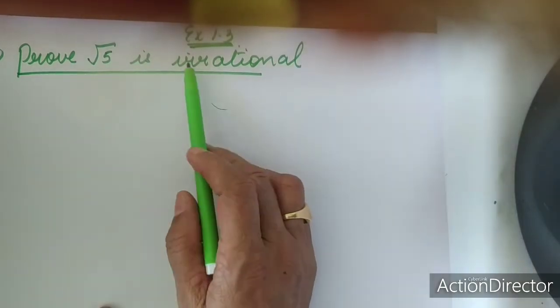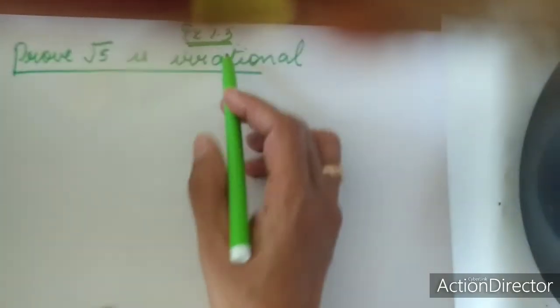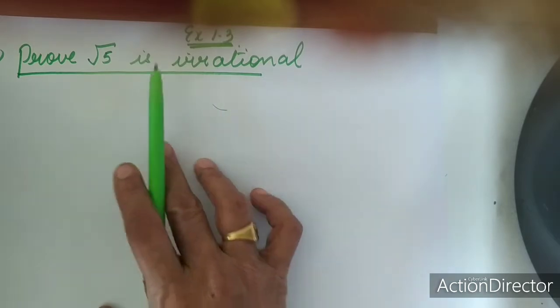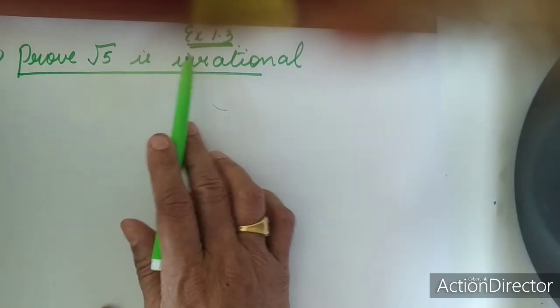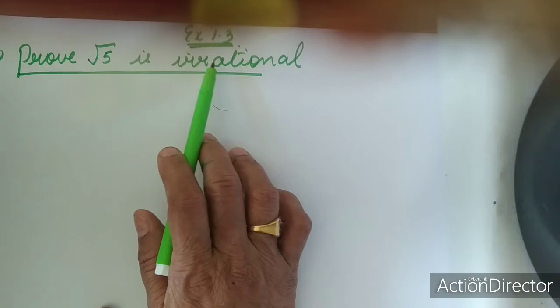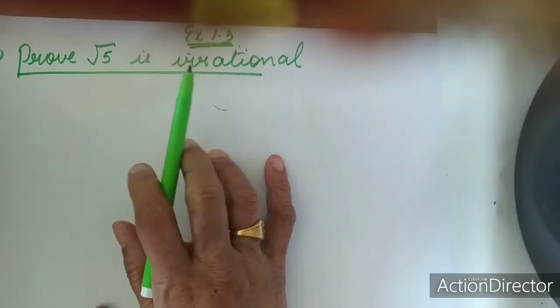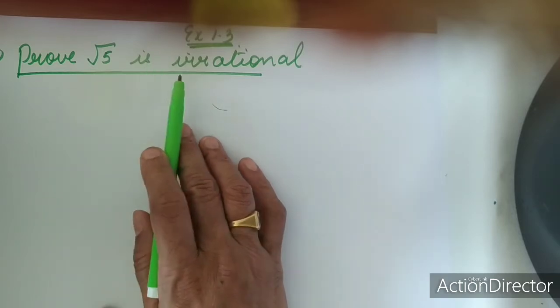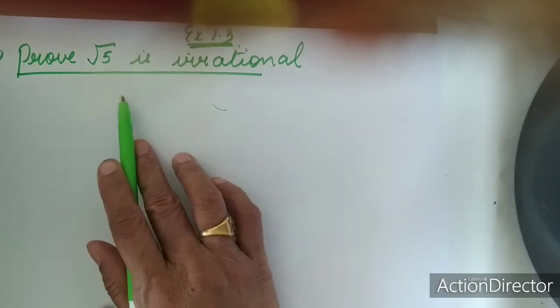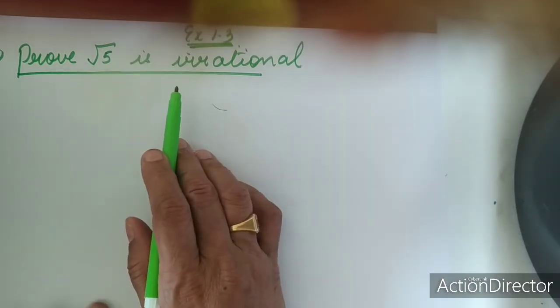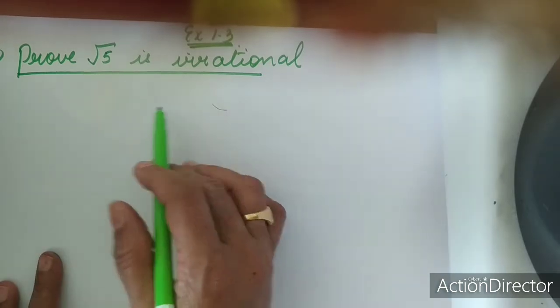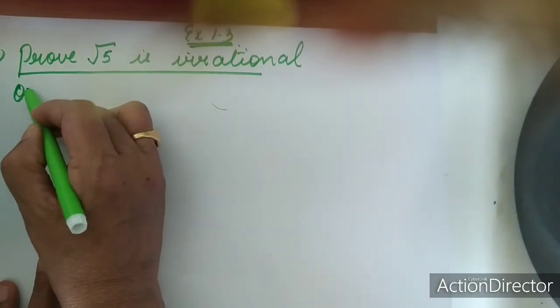Now let us move to question number 1 of exercise 1.3, where you have to prove root 5 is irrational. This question is a very important question. Surely you will get it in the exam. We know that root 5 is irrational, but how will you prove that root 5 is irrational? For proving this, we are assuming on the contrary,